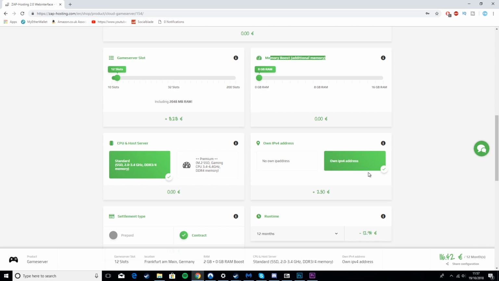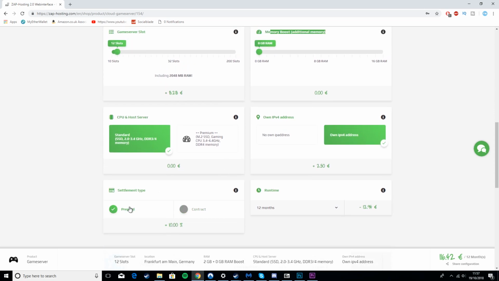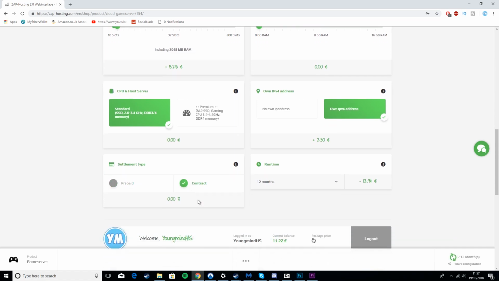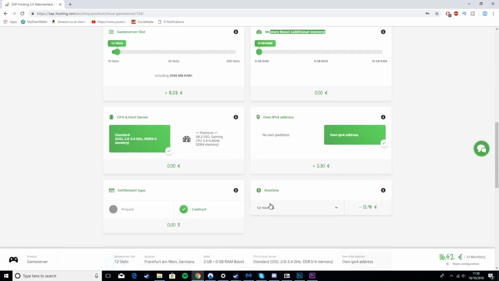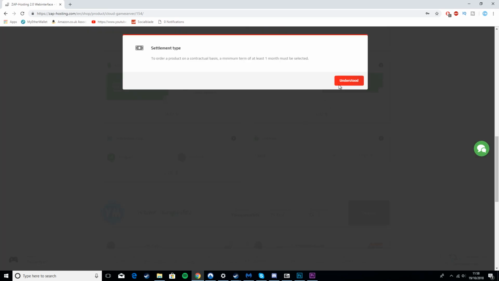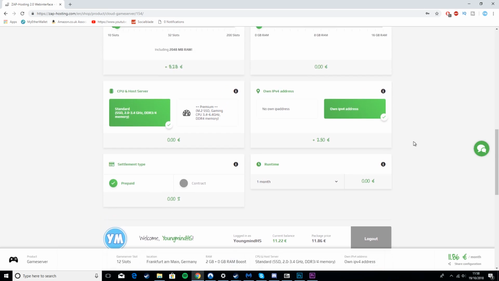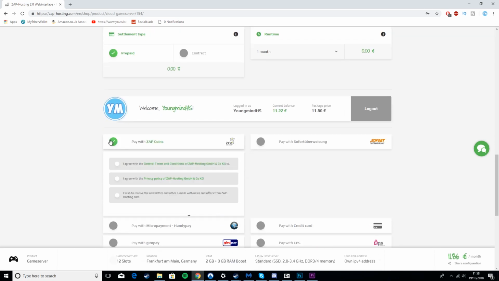The one thing I would recommend is getting your own IPv4 address. Then you can click on prepaid or contract. I recommend just leaving it as contract, and then runtime you can leave it as 7 days, but some servers mainly just have the month settings. Certain servers have 7 days, but you need to check that out yourself. So I'm just going to leave mine for a month. Then when you check out,